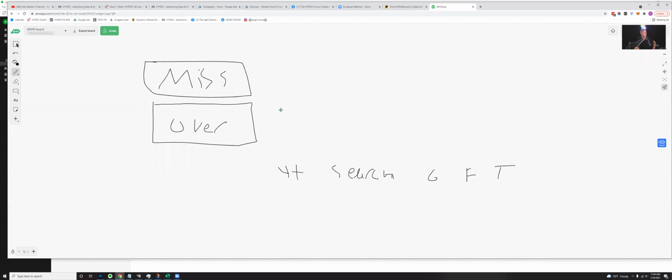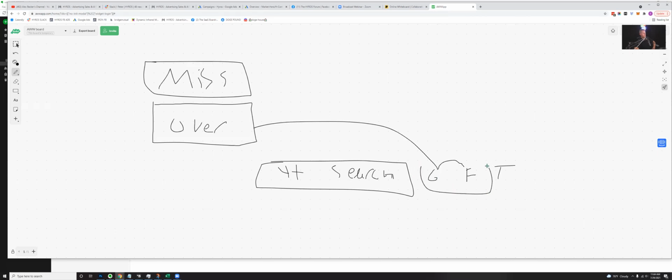ads right here. All right, so because Facebook and Google and all these other places don't talk to each other, what's going to happen when it comes to over-reporting is, well, Facebook's going to take credit for the sale, Google's going to take credit for the sale, and you're not even going to see credit going right here when you need to, because if Google and Facebook are both saying that they got this sale, and you can't verify it because it's a black box, you're going to be putting a lot of money into ads that aren't actually generating the sale when it might be coming from search,